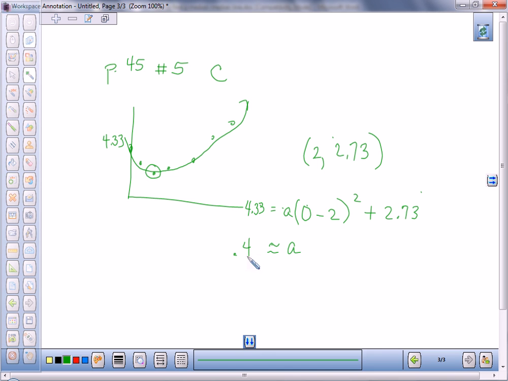Okay, so you're pretty much going to have to kind of guess where you think the vertex is from the information you were given. Start writing your equation in vertex form. X minus the x value at the vertex plus the y value at the vertex. And then go back in and plug in 0 and what it was at 0. And that's our best